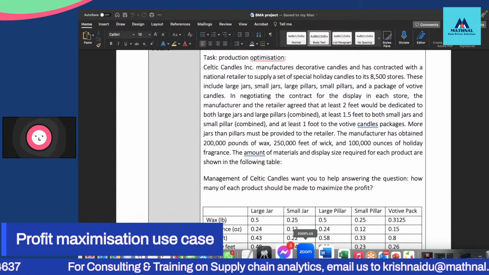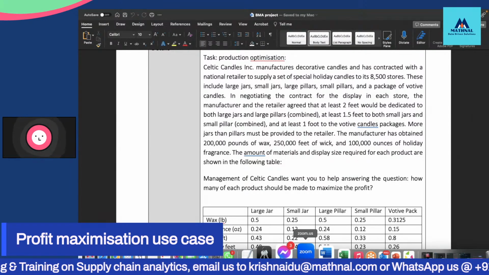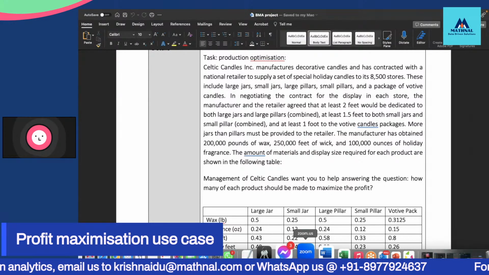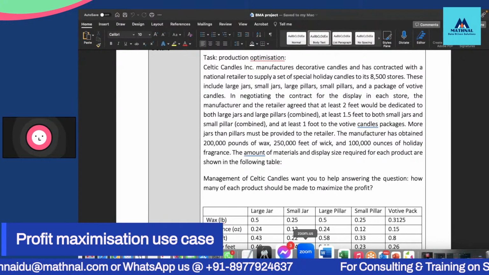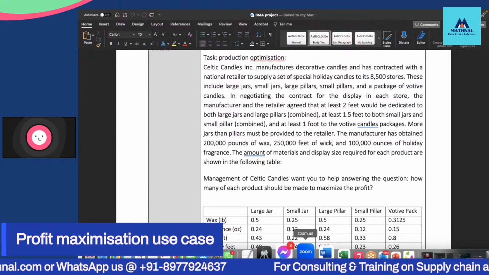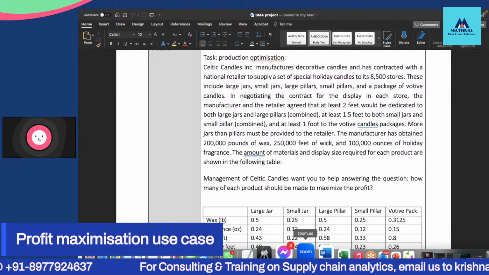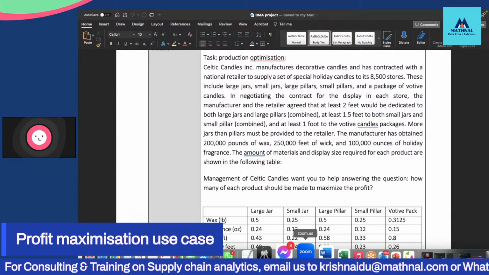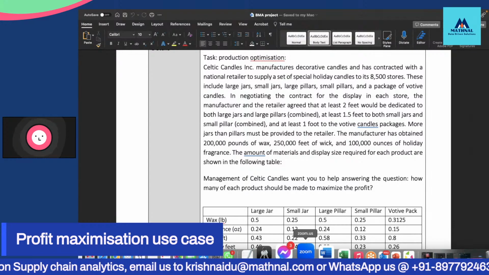And in the production plan strategy, the profit maximization plan can be derived in the production plan, or you can work on the demand plan also. So you want to achieve as much profit as possible from your production plan, or as much profit as possible from your demand plan, right? But of course, in any organization, if they are making a production plan or demand plan, they'll be having two kinds of things in mind.